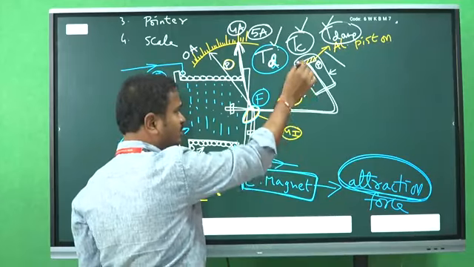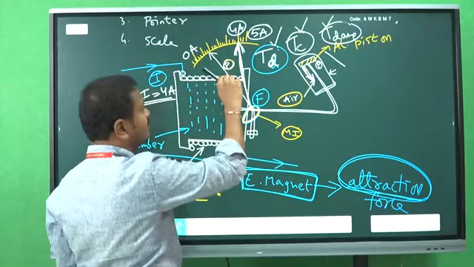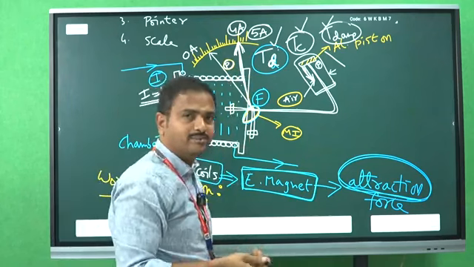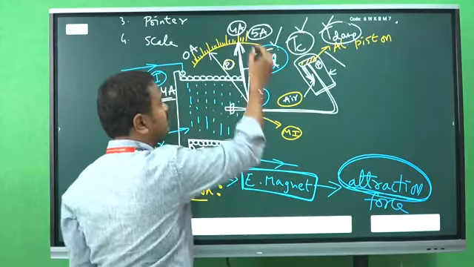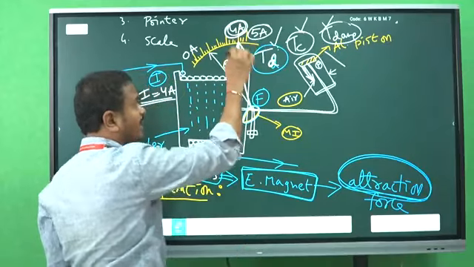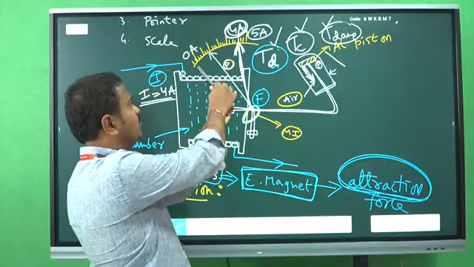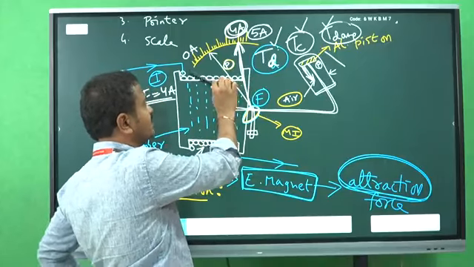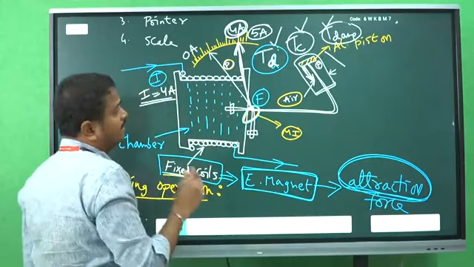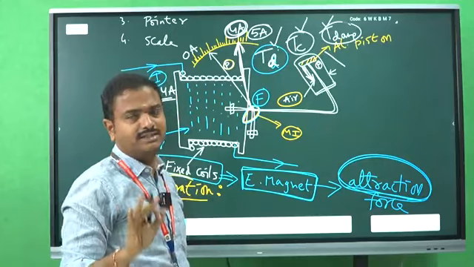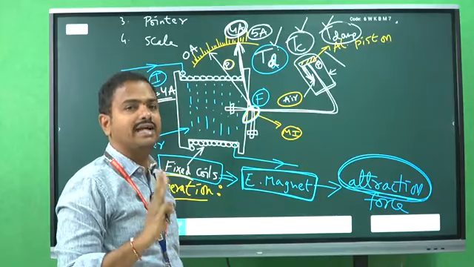So due to the increase in the air friction, the pointer does not move freely. That means the oscillations can be minimized at the final position. At 4 amperes position, the pointer does not make any oscillations. Directly it goes from 0 to 4 amperes. That means the pointer stops at the 4 amperes reading sharply. Clear? So here we need 3 systems or 3 torques. One is deflecting torque, second one is controlling torque, third one is damping torque.